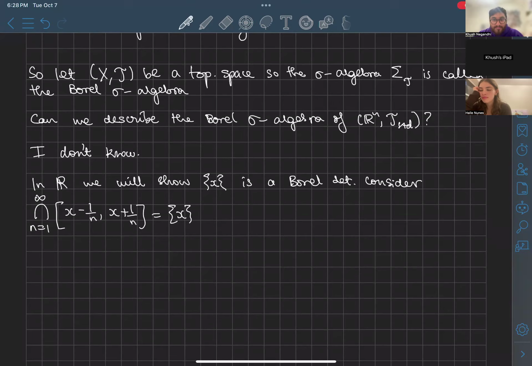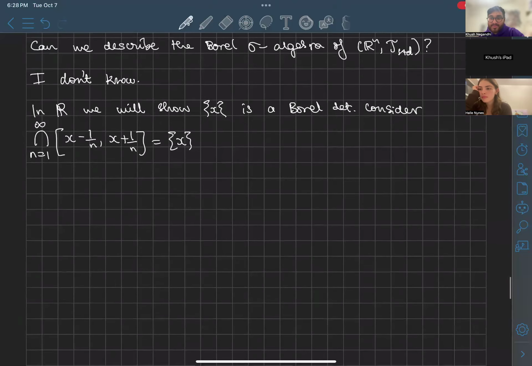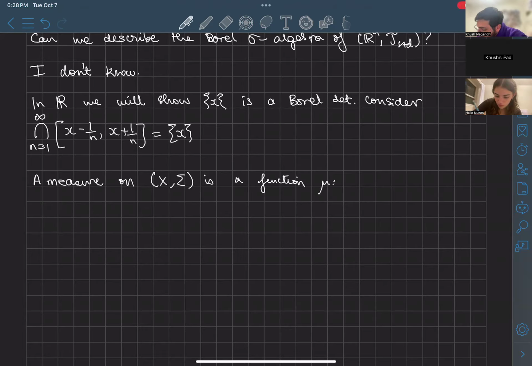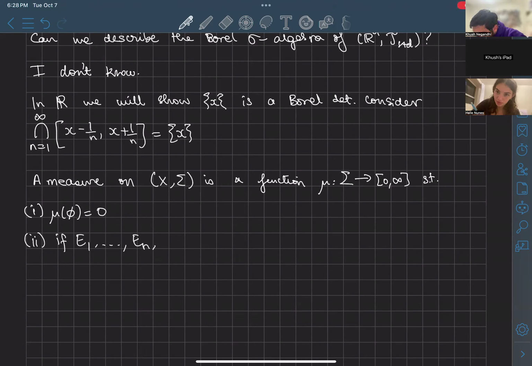Now I've talked about measures, like I accidentally keep calling things measurable. So let's define what a measure is. A measure on, so you need a measurable space, is a function mu from the sigma algebra onto the set [0, infinity], such that, one, the volume of the empty set is 0, and two, if E1 through En are in sigma and disjoint,